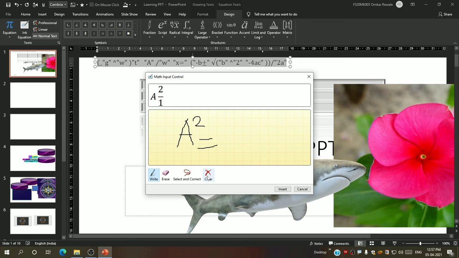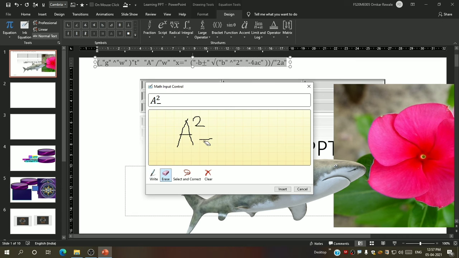Okay, now I don't want this, so I will click on erase and erase it. Again I will go to write. I want to draw the equal sign. Okay, a square equal to, say, b plus c, anything, your formula, whatever it may be. Okay, and select and correct.